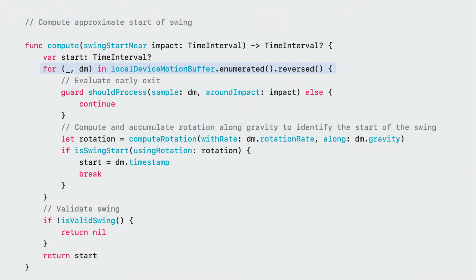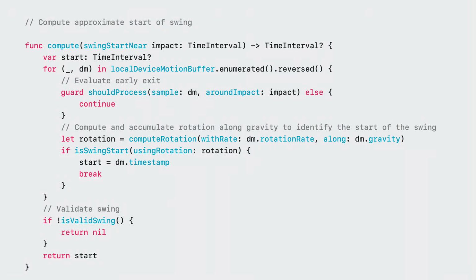Since I know the start of the swing must precede the impact, I can run a series of should process checks before processing each sample in the buffer. This can include a timestamp check to confirm the device motion sample is from before the impact time. I can also put bounds on the swing duration. It makes sense that the start of the swing doesn't occur more than a certain duration before it makes contact